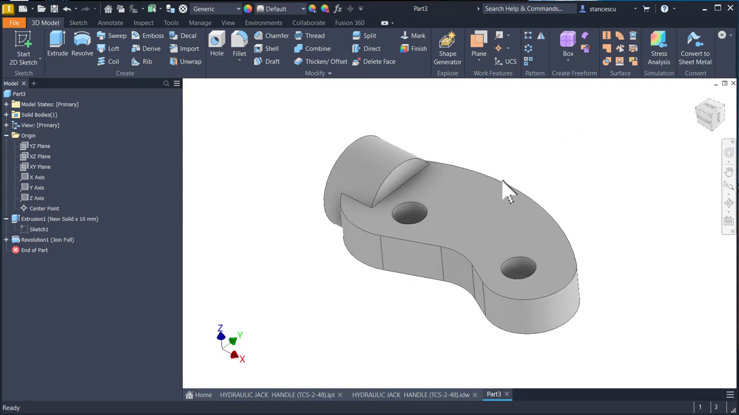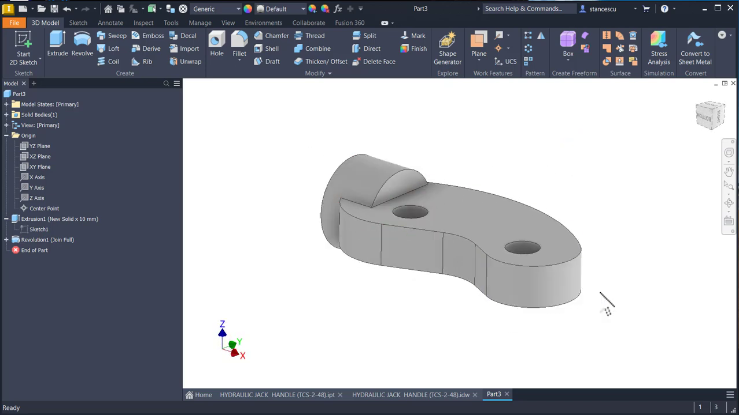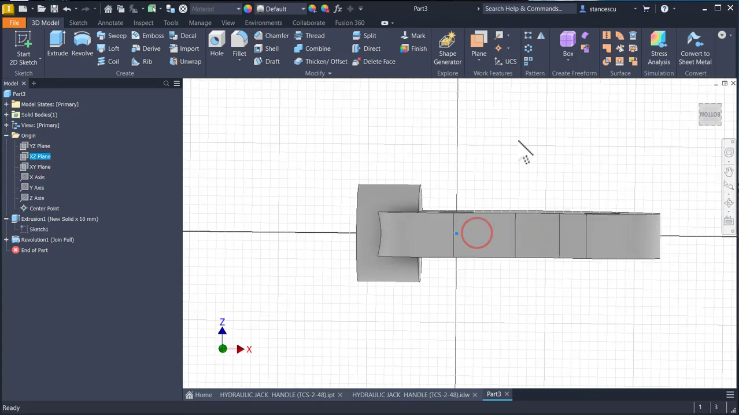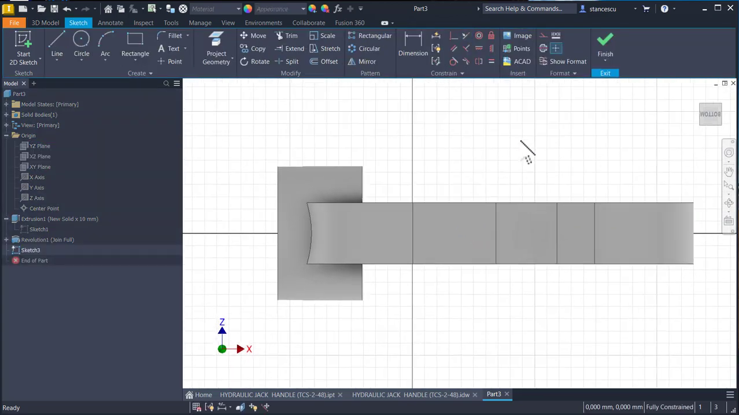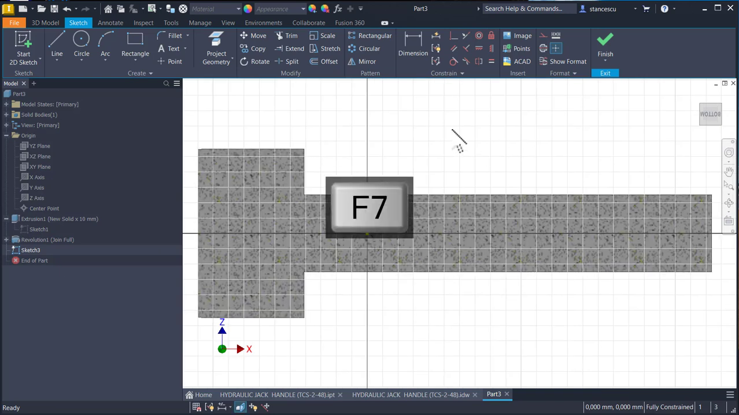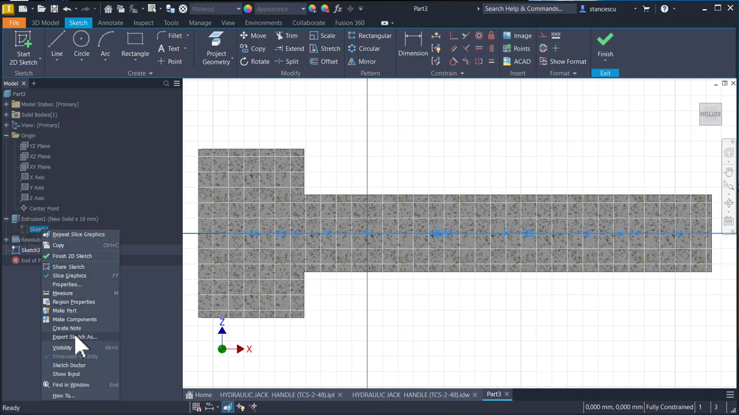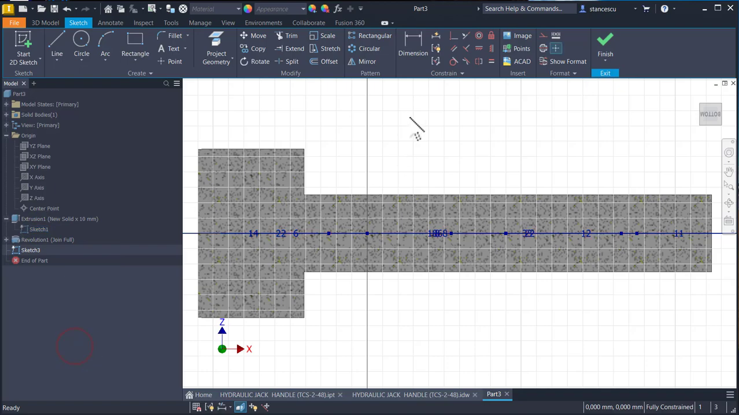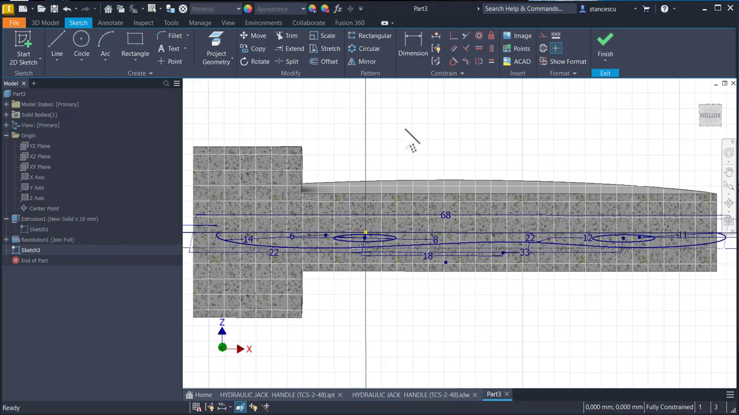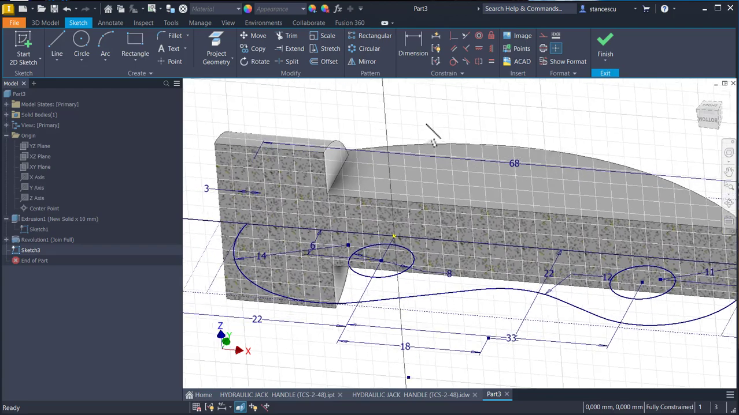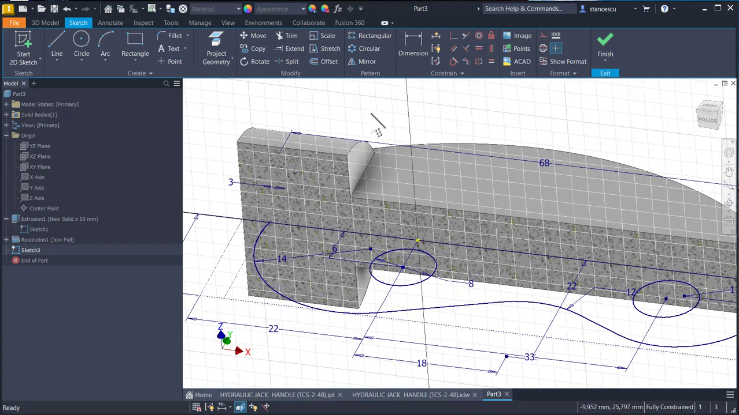Finish sketch, revolve, and this is the cylindrical feature. Now we want to work in this plane, which is this one. F7, and we also project this sketch, visibility, but it has lines in the other plane. Yes, I project